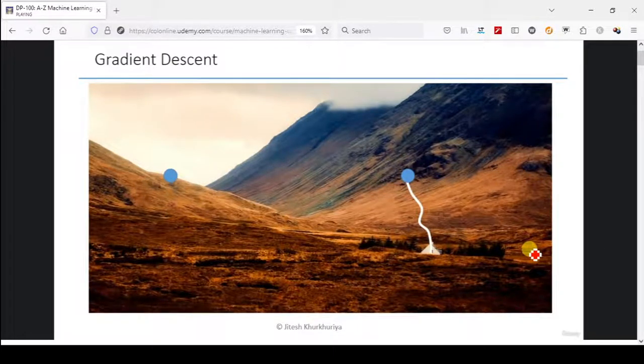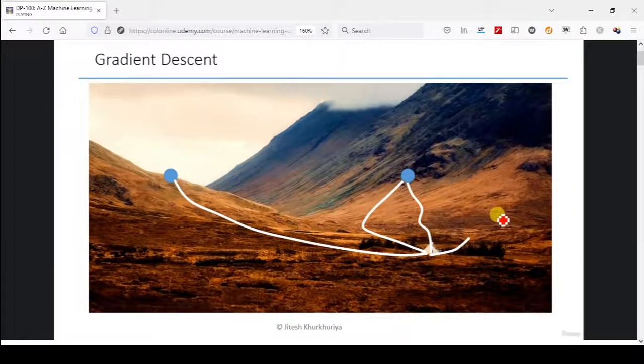And if you follow the descent, you have a chance of reaching there. So you may take this path and reach the house if you are here, or even this one. And if you are here, let's say, then you may take this path and reach the house. But because you are blindfolded, there are high chances that you may cross the house and start going away from